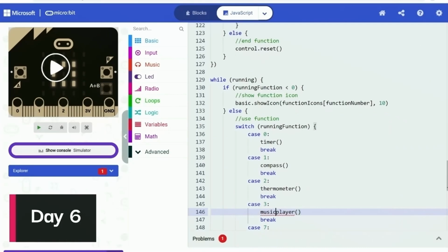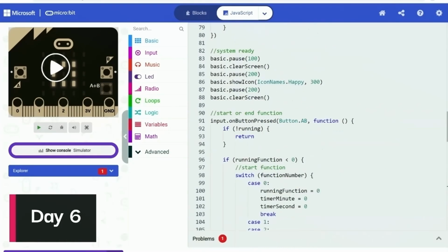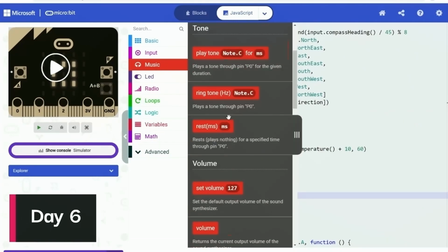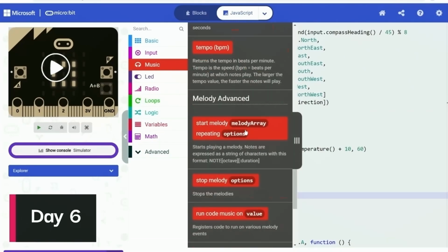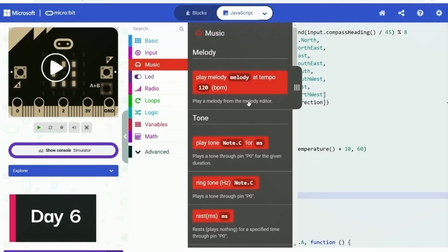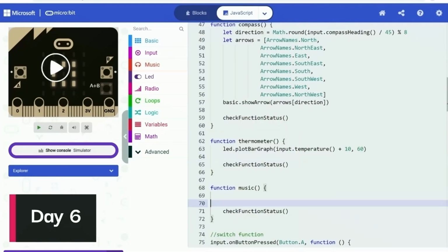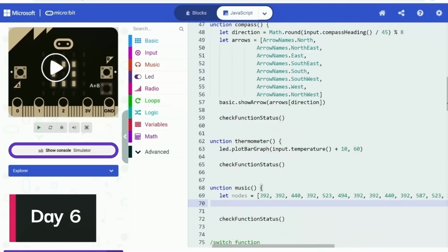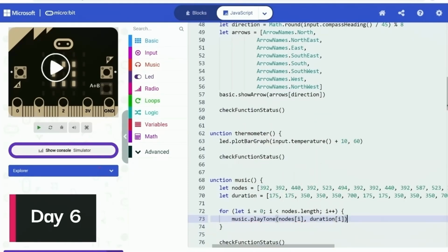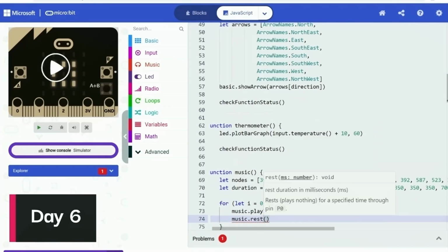The next function on my list was the music player, which I thought was pretty easy. With all these amazing built-in features in micro:bit for making music and sounds, it would be pretty easy to make a program that can kind of play a song with notes. And due to some previous projects, I had some lists of frequencies that can make up songs. I chose the classic birthday song. And by using a simple for loop and the two lists, one for the frequency and one for the duration, I thought the program would play the notes pretty well and make it sound like Happy Birthday to You.